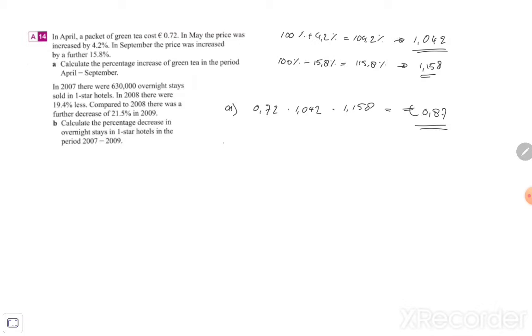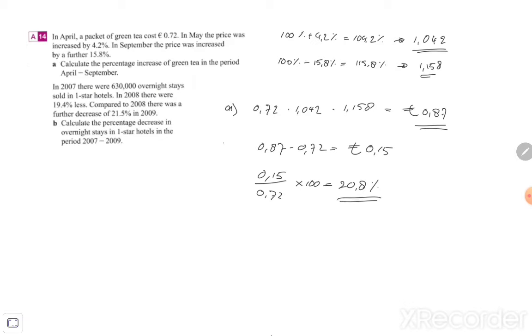This is not the question yet, because they ask you to calculate the percentage increase. So what is the difference between the price we just started with and the new price? So new minus old. That's 0.87 minus 0.72, which is equal to 15 cents. Now to calculate the percentage increase, we do that 0.15 euros, divided by the old price, 0.72, multiplied by 100, which is equal to